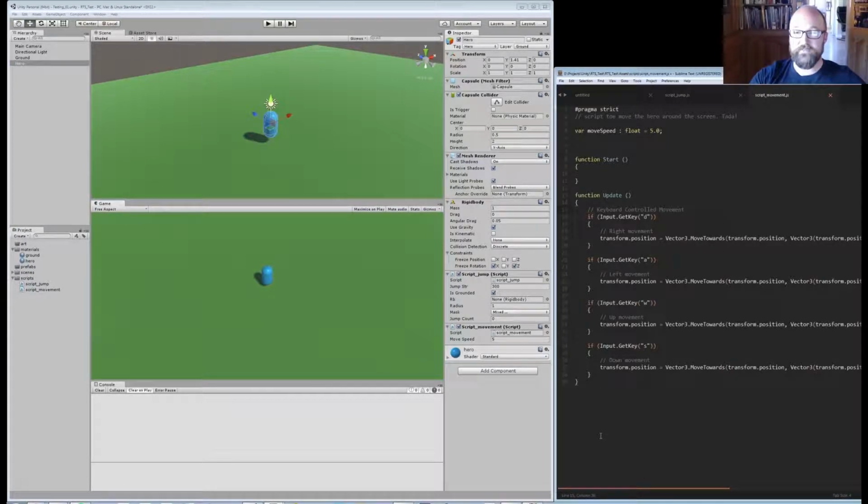Keyboard controlled movement. And what I'm going to do is, this is a nice little trick I learned recently as well. I'm going to put it into a self-repeating function that I can call upon by just having a checkbox. So we'll call this